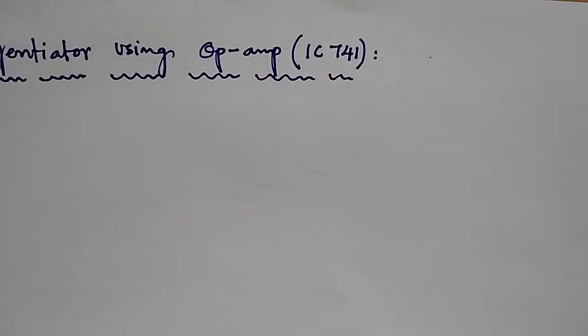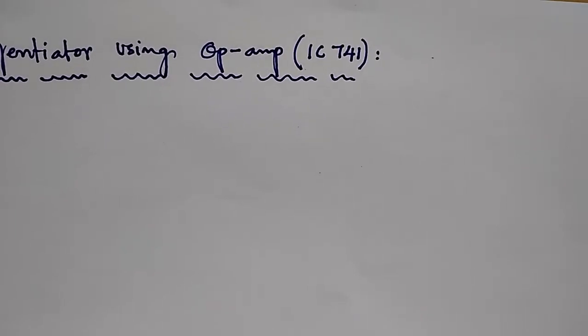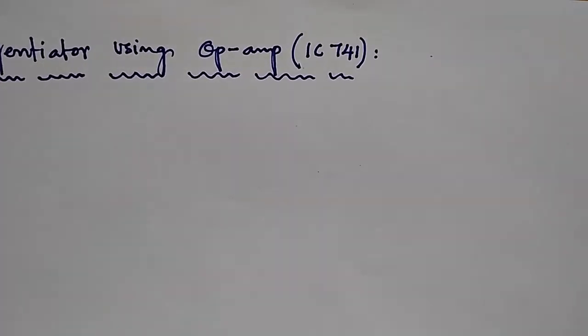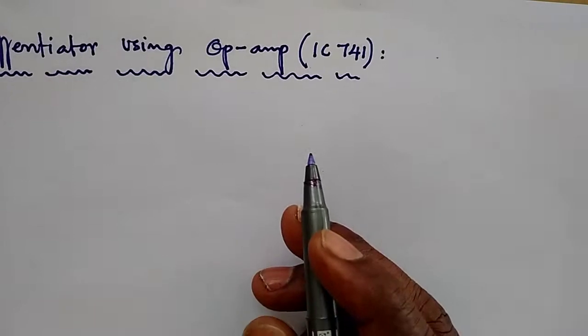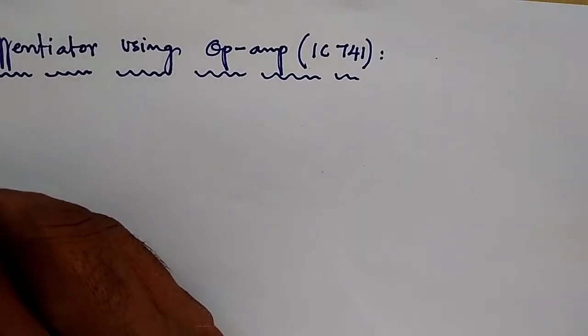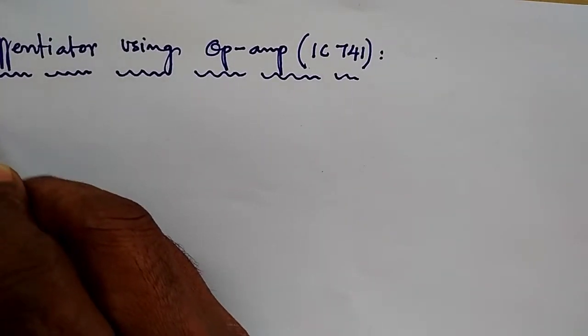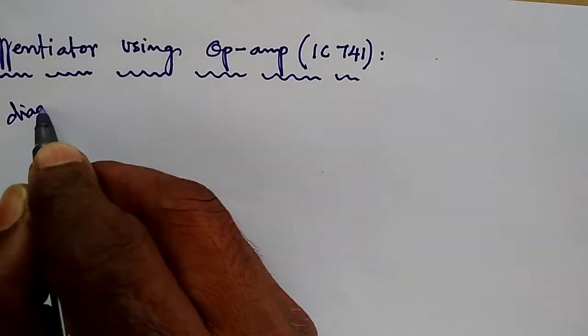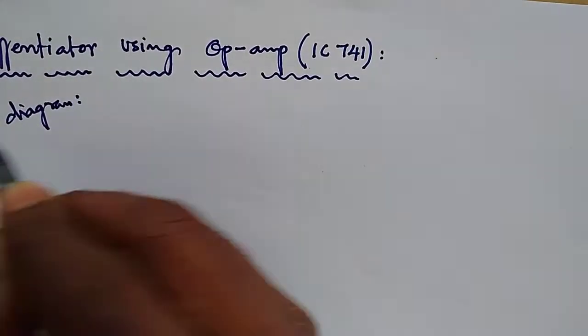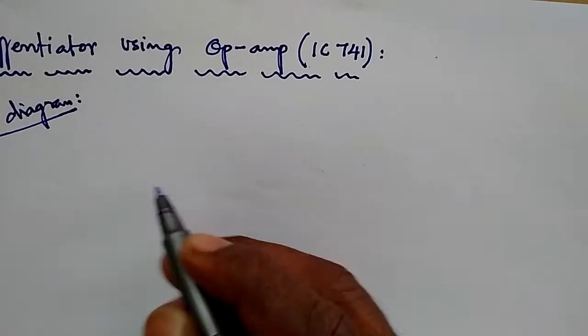Hi friends, today the topic is differentiator using operational amplifier IC741. Okay, so now the circuit diagram is